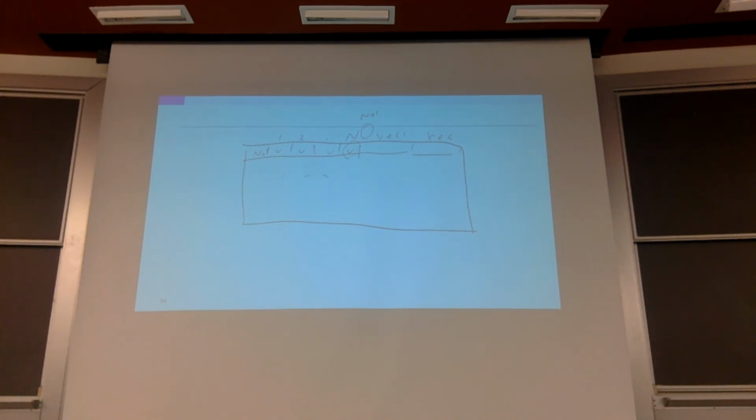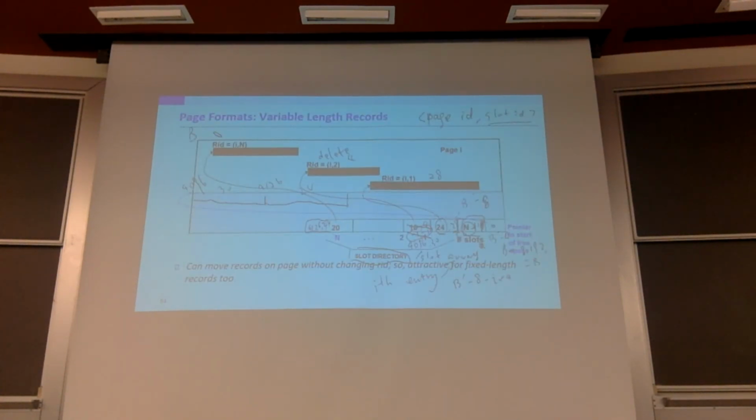If you do it this way and the number of records inserted into this page is larger than what you anticipated, you're going to have to reorganize things, right? But what if you put it at the very end, like on the previous page? Basically, your records start from the very beginning of the page and grow forwards, while your slot array starts from the end and grows backwards. Now, when your page gets full, they will just meet in the middle